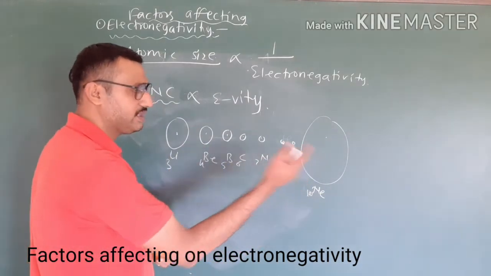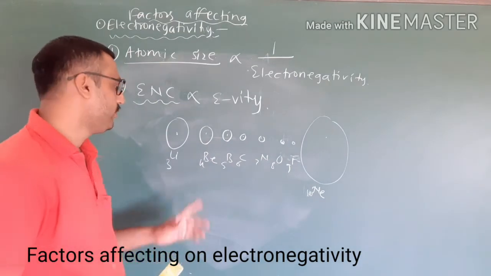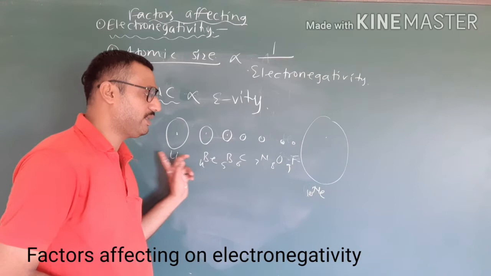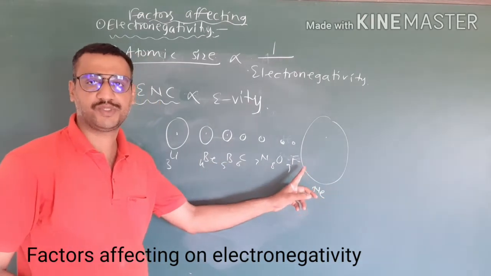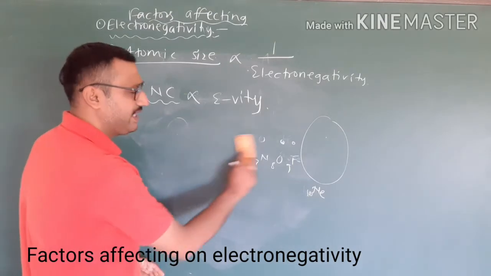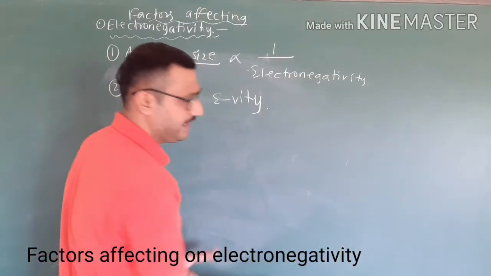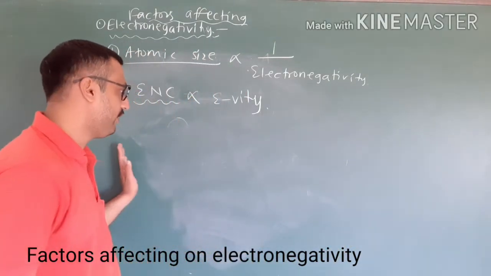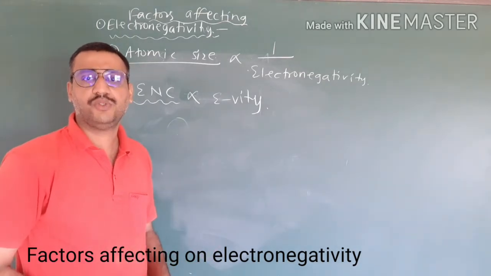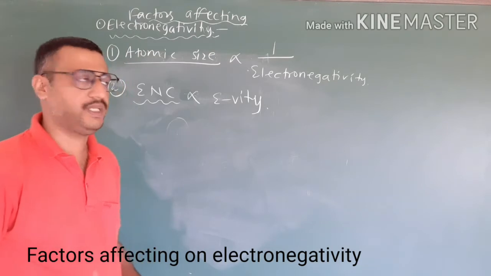Smaller the size, more is the ability, as we have seen just now. So here fluorine is the most electronegative amongst the second period elements. Smaller the size, more is the electronegativity. These are the general factors I discussed, and the same is the trend as we move from left to right. Here electronegativity values increase up to the 17th group elements.